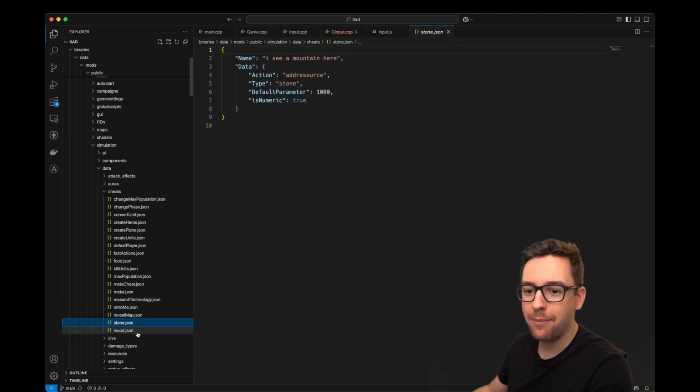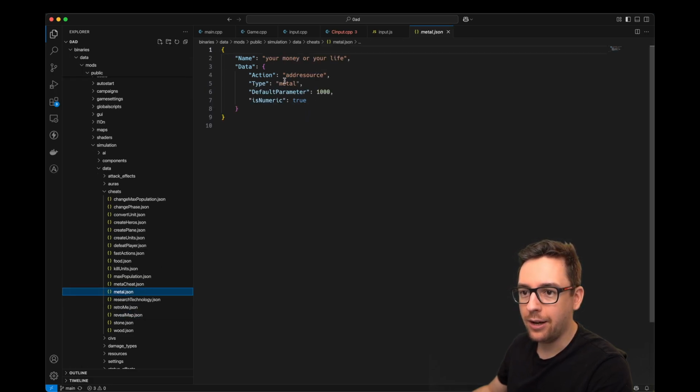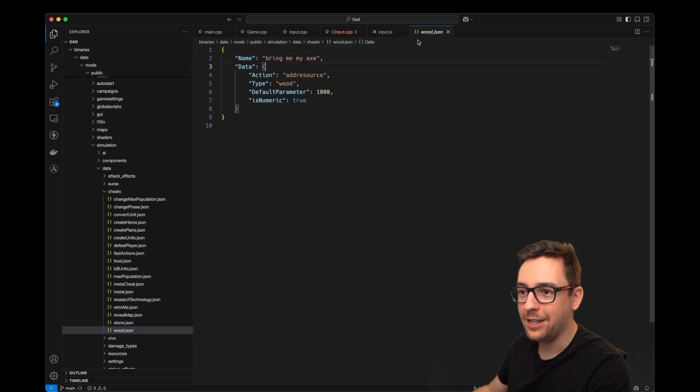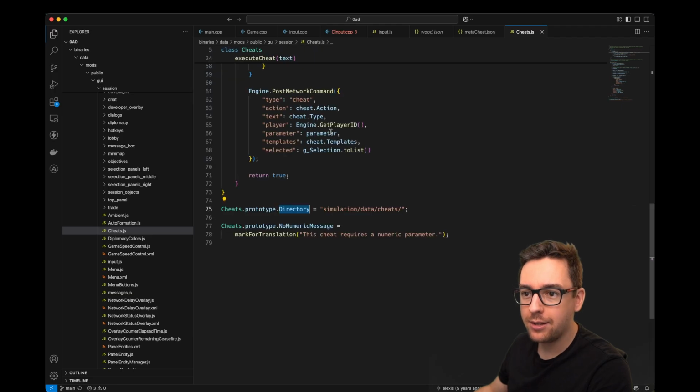All right. Not encrypted, nothing. It's just there. Reveal map, jam. Okay, you type jam, or the action is reveal map. Oh no, the action will be what is called. Yes, and your mod, and this one is what you type in. Your money or your life to get some metal. To get some wood, bring me my axe. This is awesome. So you see, if you want to build cheats, you could organize your cheats in simple, let's say, configuration files, and then have your game pass that data